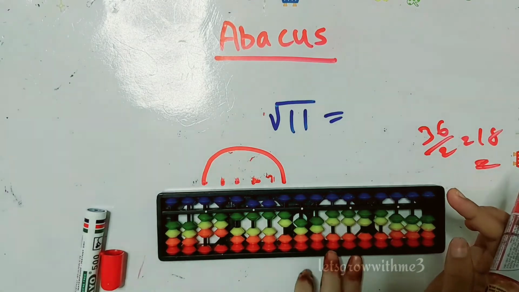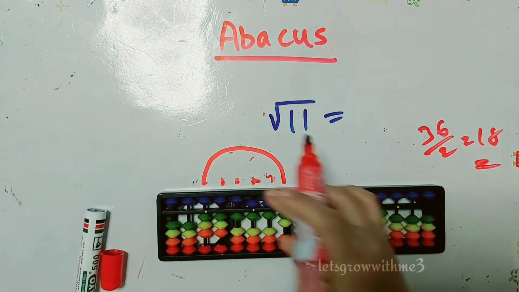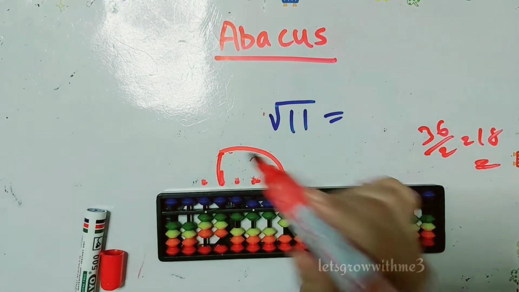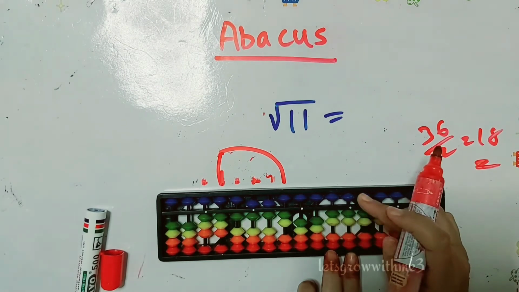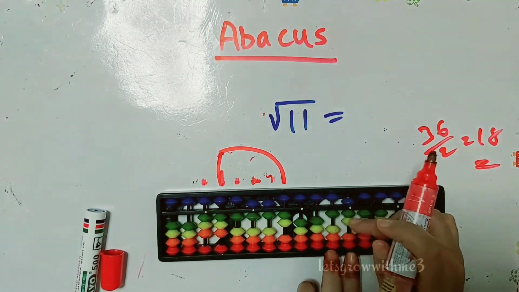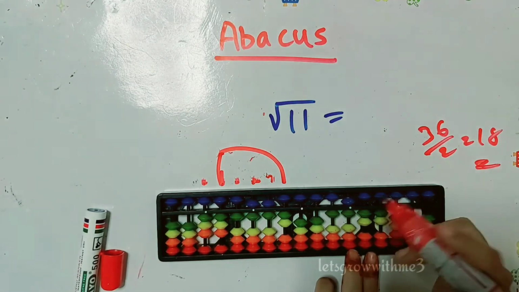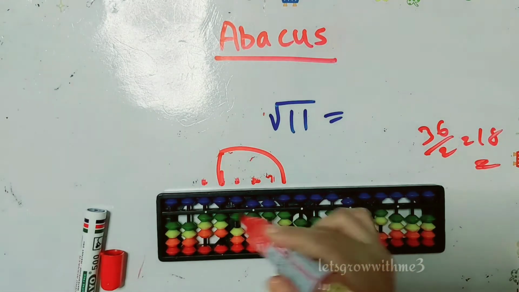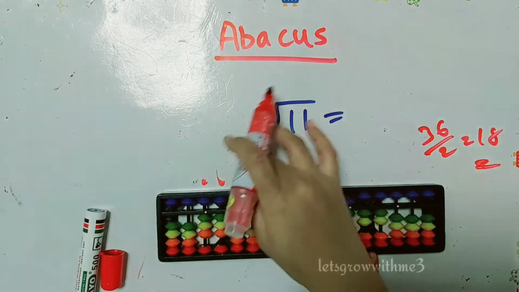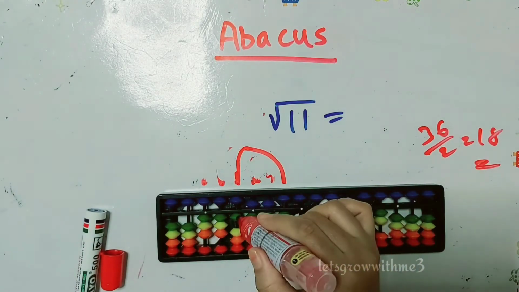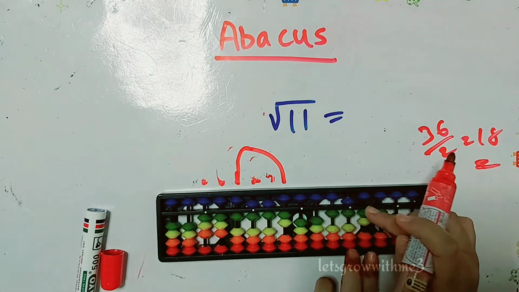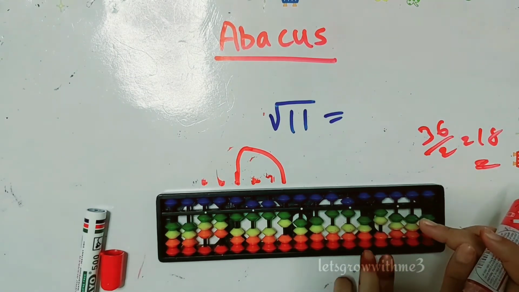Yeah, we got 2. Next again 2 3s are 6. So again we need to subtract 6. Papa down, mama down, babies down. So we have to change the position. Next we have to multiply 2 times 1, which is 2. So in the ones place we need to subtract.